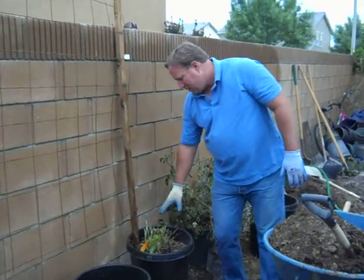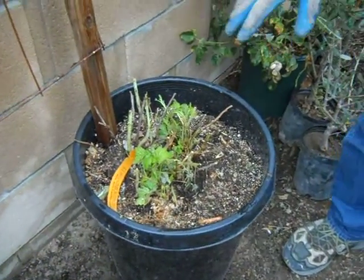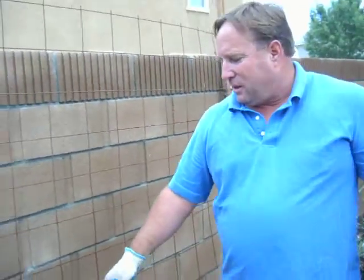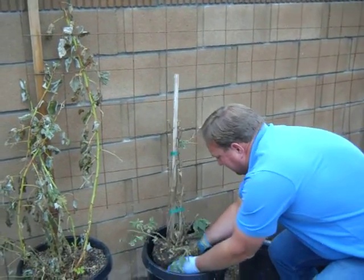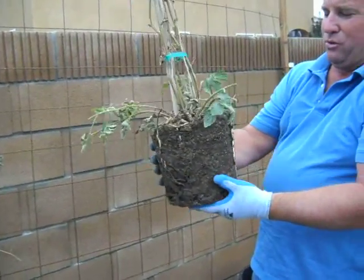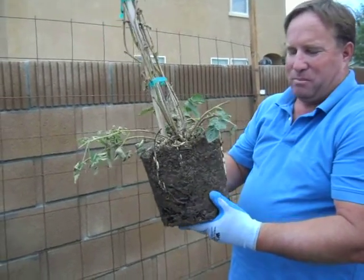This one was cut back and fertilized a little bit, and you can already see flushing strong new growth. It's an amber raspberry. This is another raspberry, and you can see again it didn't get damaged as badly. You can see all these new buds popping up that'll begin producing fruit right away, which makes another excellent point